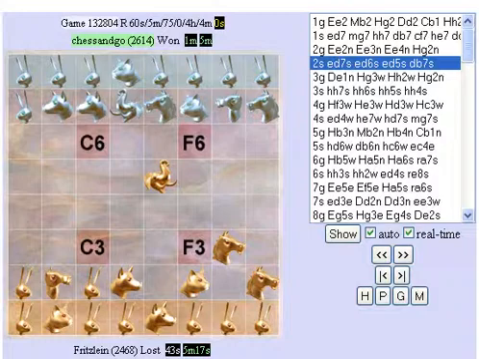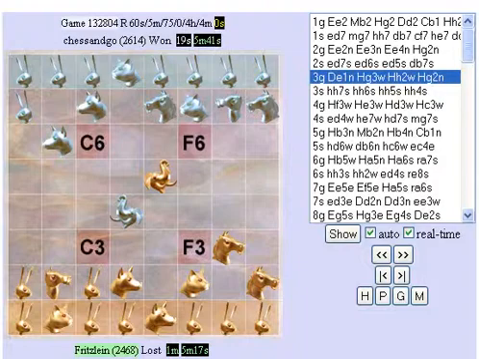Fritzlein's gone with a pretty standard setup here. 3 steps forward with his elephant, 1 step forward with the horse. Chessandgo's responded in kind. So now Fritzlein can attack on either wing. He might try to go up the middle and try and pull that E8 rabbit. Sometimes I like to put a piece on D7 in this situation just so the enemy elephant can't reach E7,